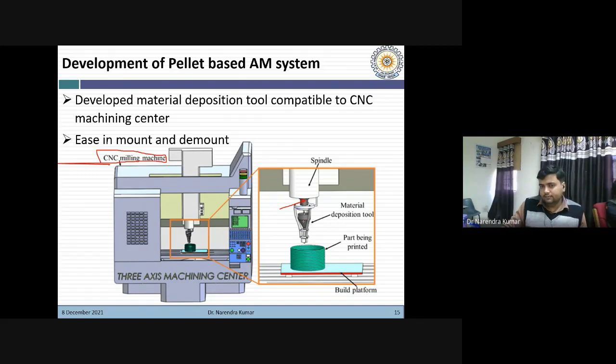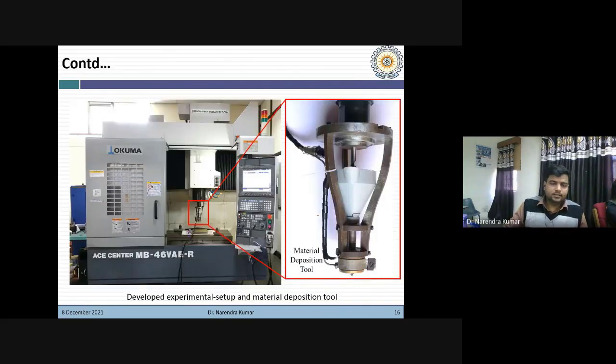And the hopper can be seen here. As I discussed about the plunger and screw based mechanisms, among these two, the screw one is more suitable for direct pellet printing. So that's why we explored the same mechanism here in our case also. So this is the actual image of the setup.